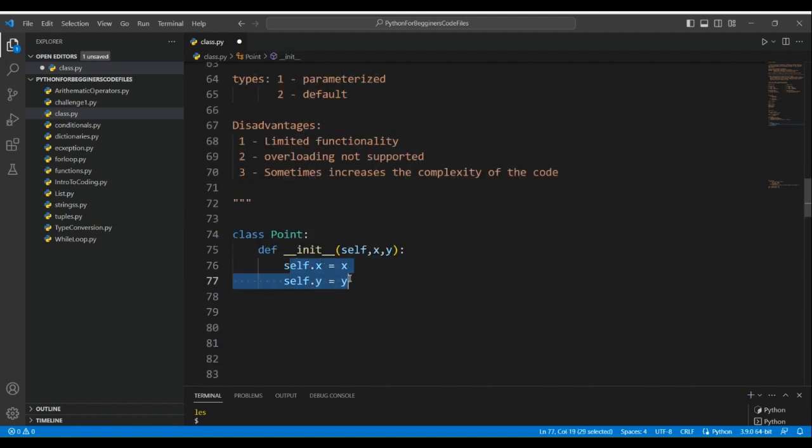Do you see these two lines? This means that we are assigning the values of variables x and y to the attributes of the current object, point x and point y respectively. Self references the object in memory, the same object from which we pass the values of 10 and 20. So when initializing the object, we are passing the values of 10 and 20, which get assigned to x and y, so x becomes 10 and y becomes 20, which are assigned to self.x and self.y, which is very similar to